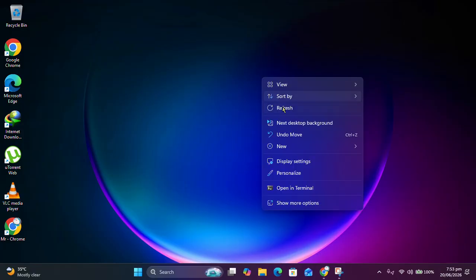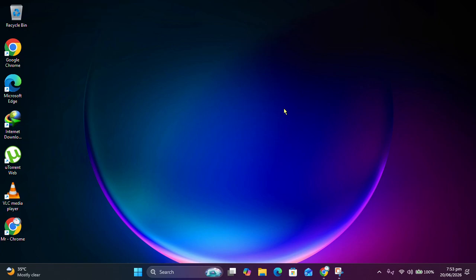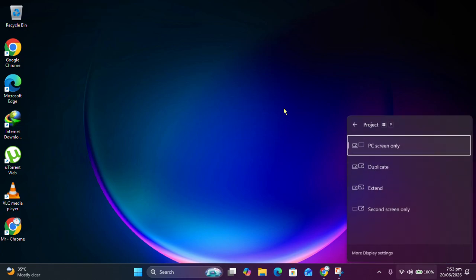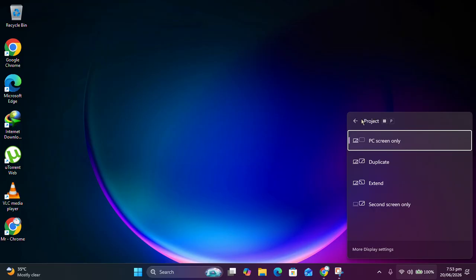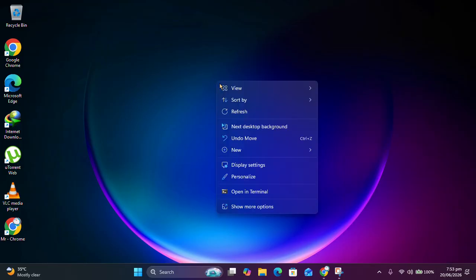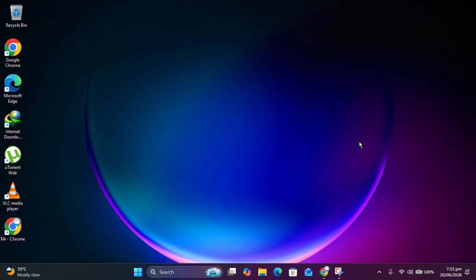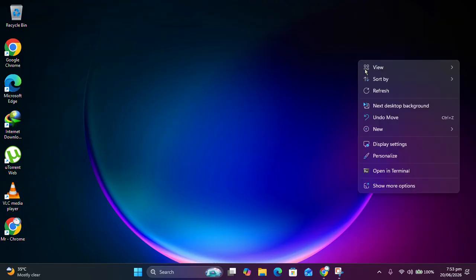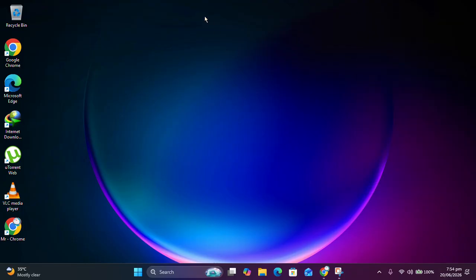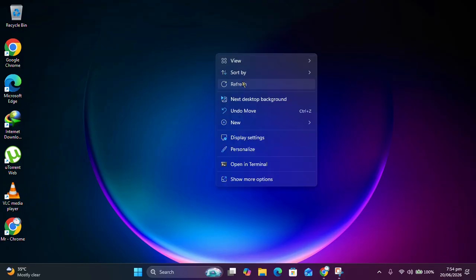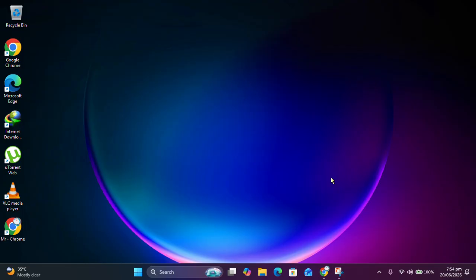you can try to use Windows plus P from your keyboard. And you might see the project option here, just click on extend to make sure that you can use extended display. You can also check for physical cables that they're connected there. So once you have checked your physical cables, you just have to make sure that your display is not detecting,